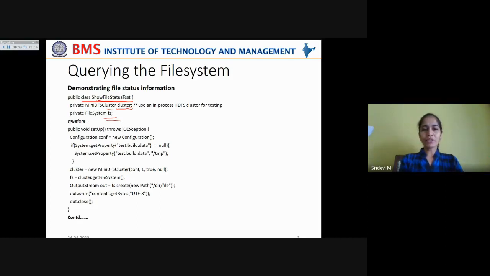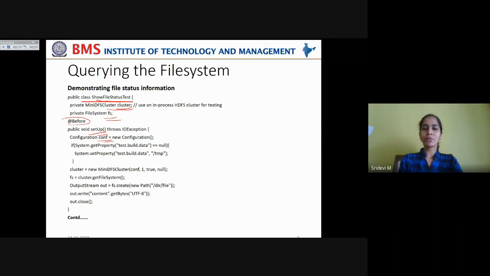Now, these are annotations. You know what is an annotation, right? They are like metadata, which gives us the details about what process is going on, what that particular following block actually does, but it is not included in the compilation or running of the file. Okay, so we are creating here a method setup which throws IOException, and here we are creating the configuration object.